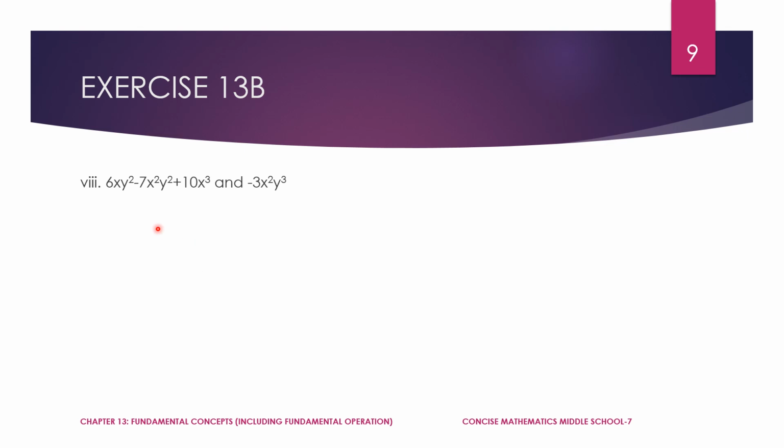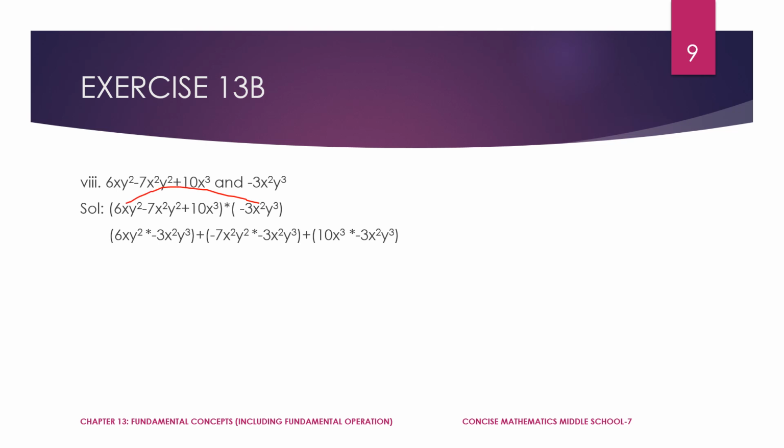Eighth question. Here again they have given a trinomial expression with a monomial. Just place a multiplication. I will just show it by putting a line. This monomial with the first term, monomial expression with the second term, monomial expression with the third term. This is what I have placed in braces. I hope it's very clear. Next step,